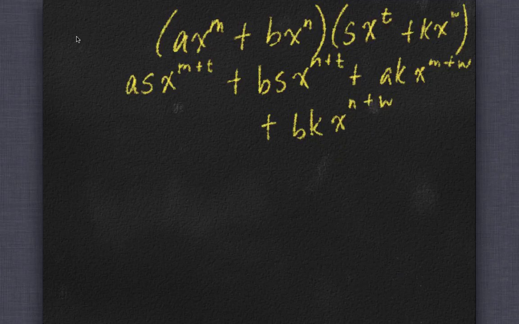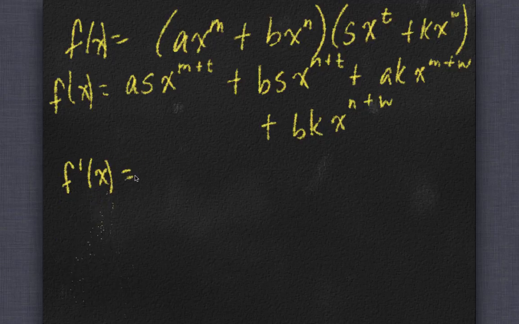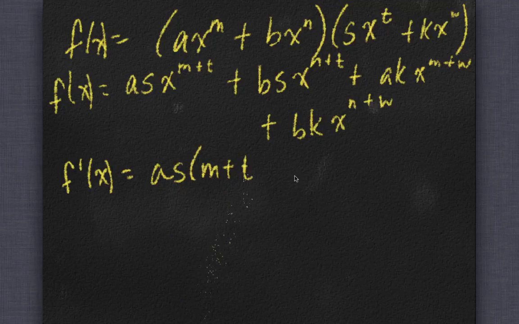So the derivative is a times s times m plus t, x to the m plus t minus 1 plus